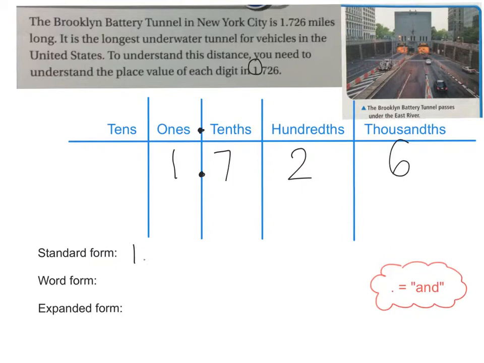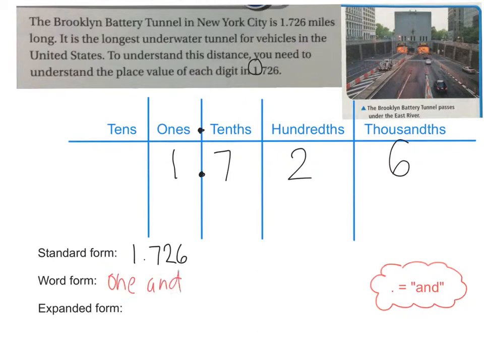So let's read this number. This is the number in standard form, right? So let's write that down. Standard form is 1.726. Yeah, standard form, very good. The way you say a decimal number in word form is first you say everything to the left of the decimal, 1 in this case. The decimal is and, so you say 1 and then you read all the numbers to the right, 726. And then you name the last place value, which is thousandths. So in this case, the word form would be 1